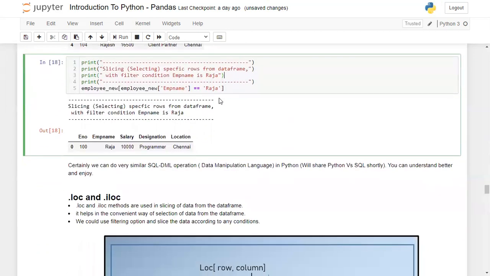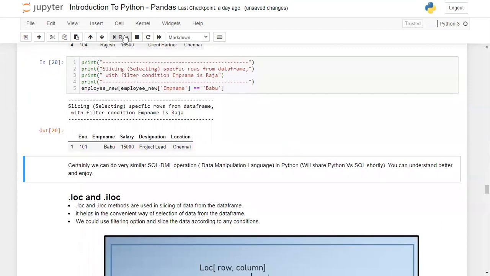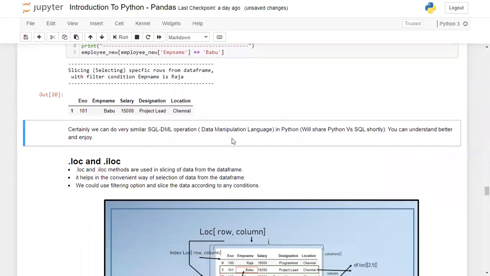And the same way I can filter the values with the name of the employee, so-called Raja. I'm getting just one record, right? If you go with my name, Babu, yes, I'm getting the correct record. Okay, guys, so as of now we have discussed, as I mentioned earlier, that it's a very simple language kind of stuff if you're familiar with SQL DML operations. But